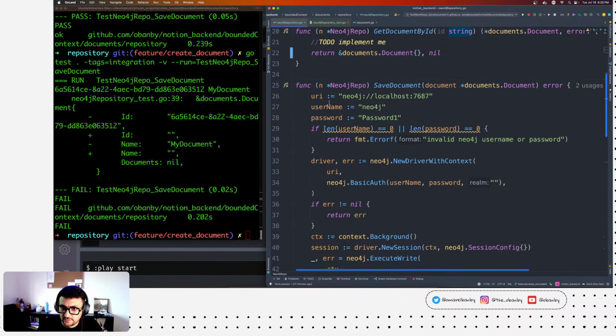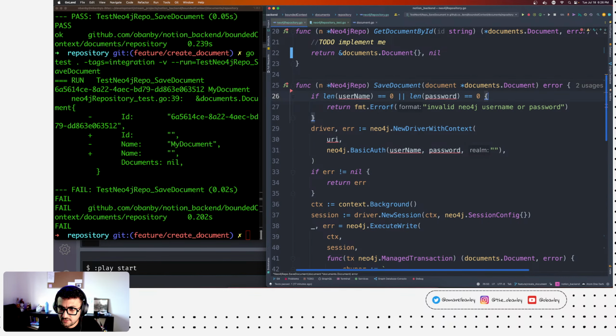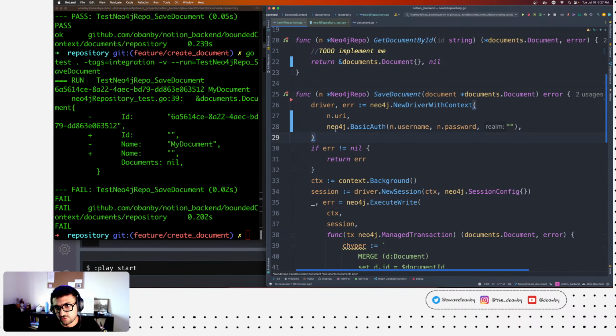So that's the first step, and I can delete that. This doesn't have to be here. Okay, so that was our very first refactor.